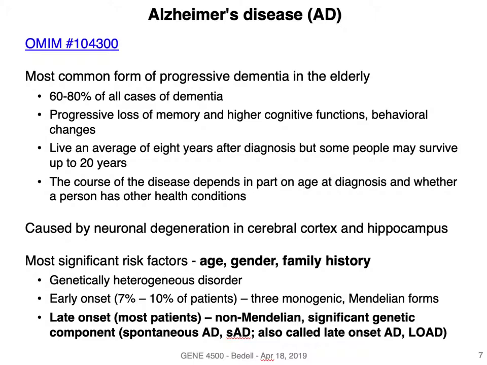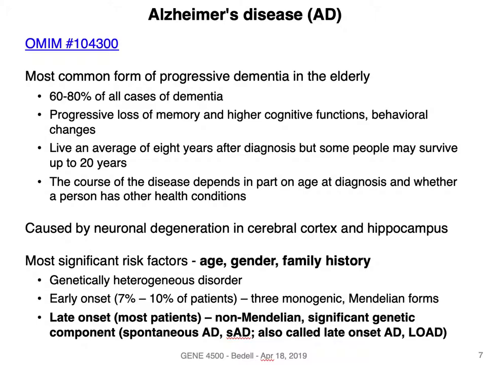Okay, so this is that genetic heterogeneity, where the same disease can be caused by mutations in different genes. But we're going to mainly be talking about the non-Mendelian ones. The advantage, though, of having both Mendelian forms and non-Mendelian is that once the genes were identified that are responsible for the Mendelian forms, even though it's only a small number of patients, it's still been incredibly useful